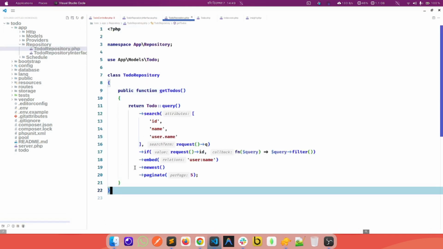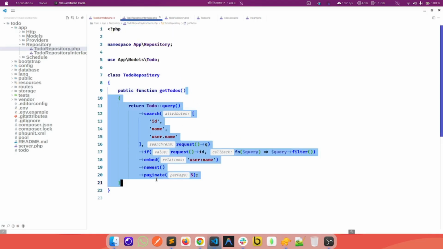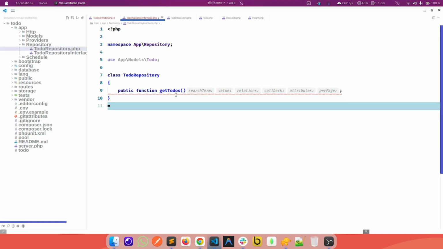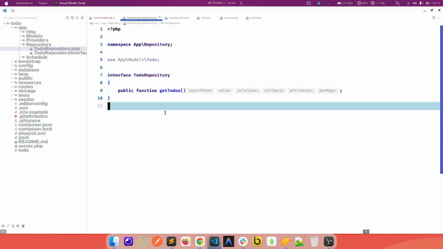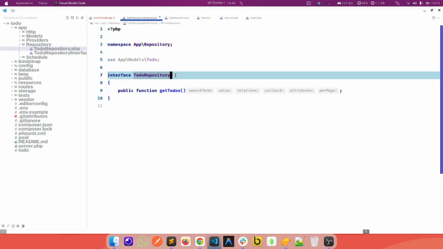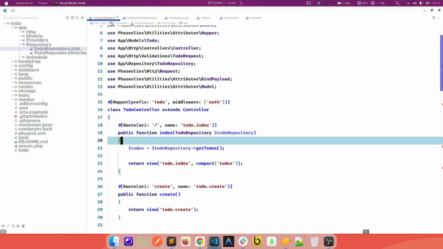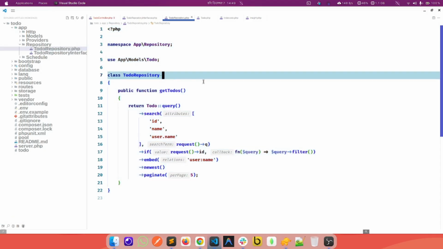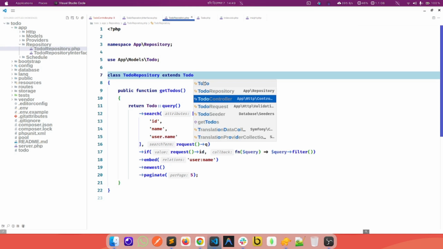Just copy this and make this just a method, and this will be the interface. And yes, TodoRepositoryInterface, and now remove this model from here. And we want TodoRepository to extend TodoRepositoryInterface,